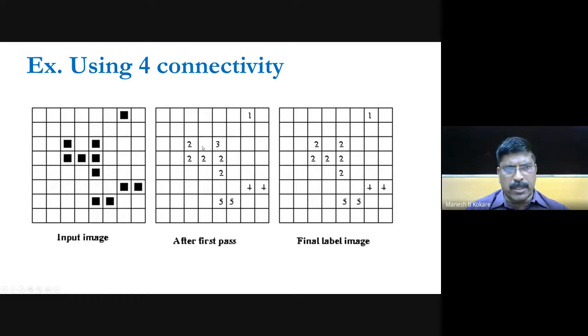So horizontal connectivity, this pixel is not there. So okay, the label will not be there. After that, when it comes to here, we have to give a new label because this is not connected initially. It is not connected horizontally here because we are considering the 4 connectivity. 4 connectivity is horizontal, okay, either left or right or top or bottom.